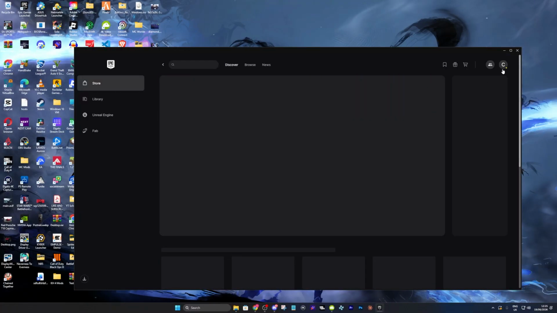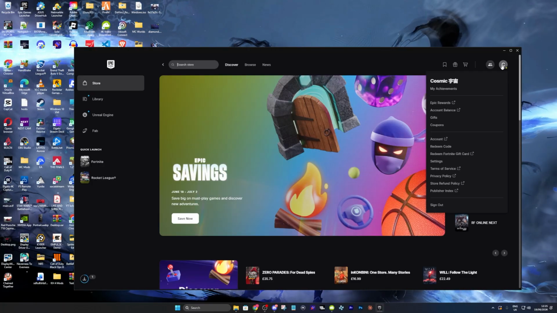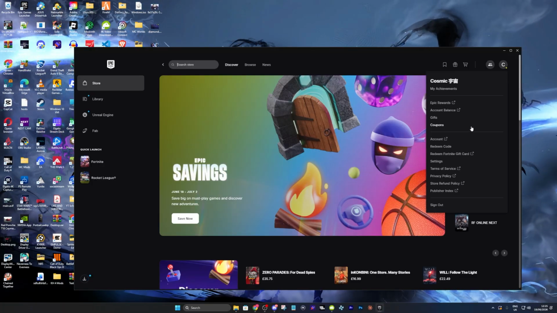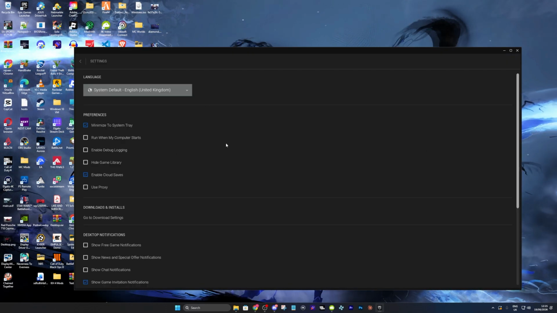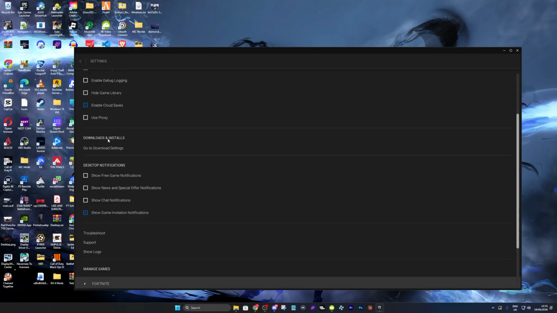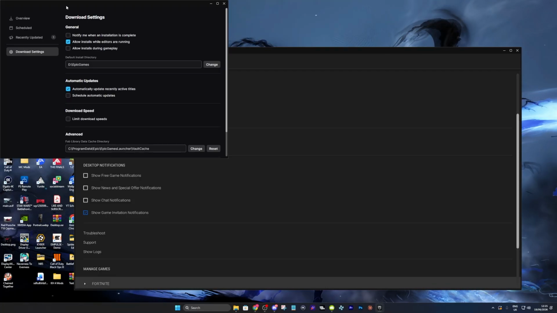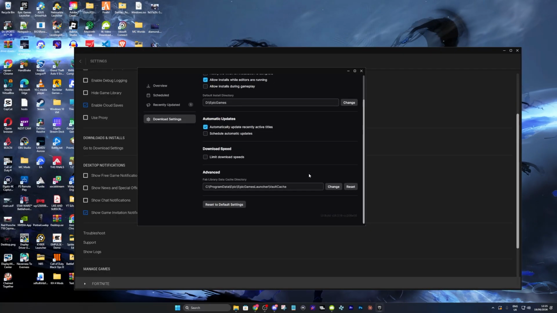Now on the top right, go ahead and click on your profile icon. Once you do that, all you want to do is click on settings in the drop down menu. So we're going to go right here. Now it's going to look like this, and all you want to do is scroll down to the download section. It's going to say downloads and installs. Go to download settings. It's going to open up its own separate window for download settings, and if